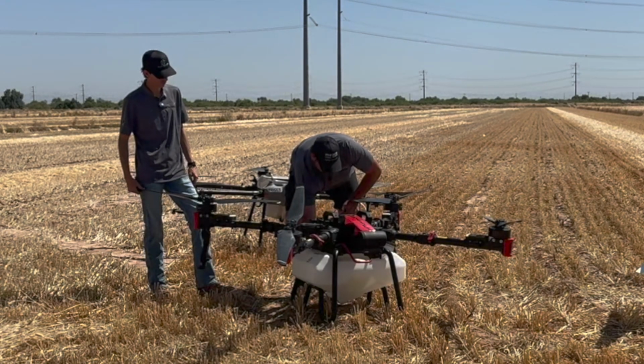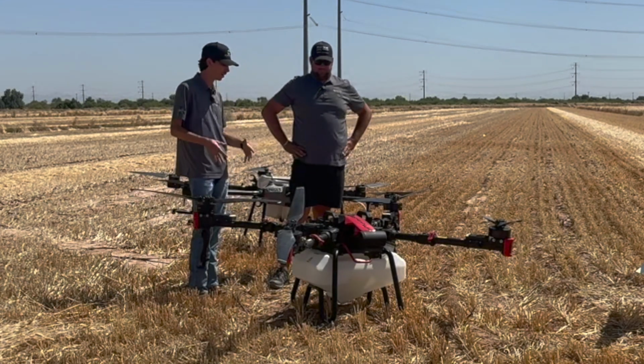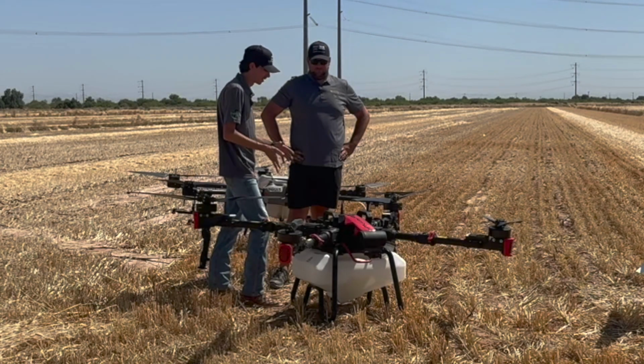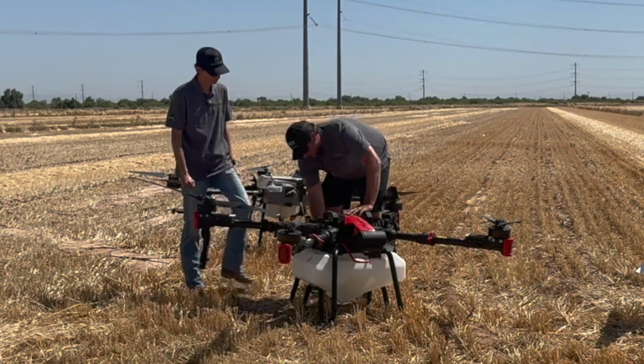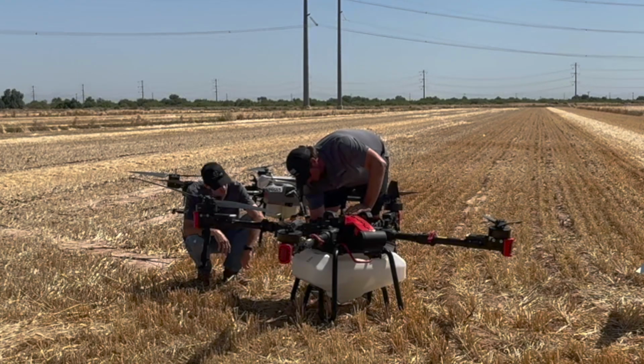I was going to ask you while you're back there, if I'm coming in and I'm swapping tanks, going from granular to now liquid products, where am I going to connect the tank so that it can relay information? Yep, so there is one, and we'll get some pictures of this too. There is one electrical plug here that comes loose, and these 2,